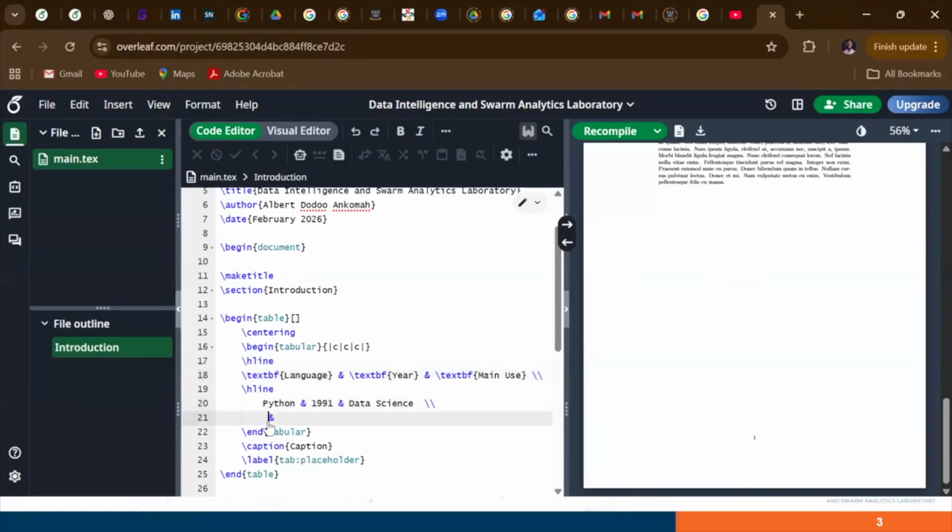So the next set, let's say we call it maybe C++. Let's say C++ came about, maybe let's give it 1995. Then what do we normally use C++ for? So let's say game development, right? Then we bring out 2 backslashes. Then we move on to, let's create one last one. So maybe Java,